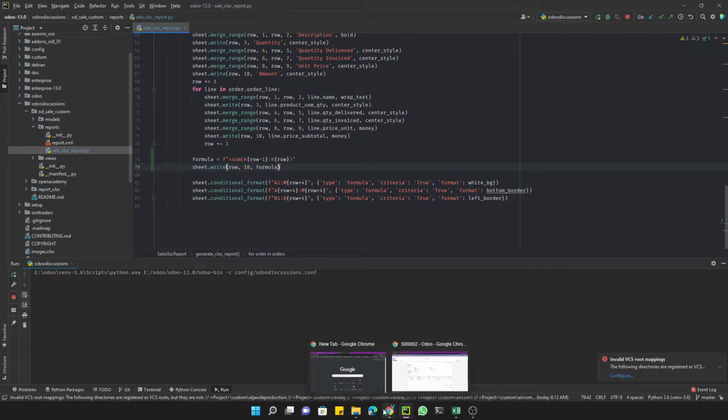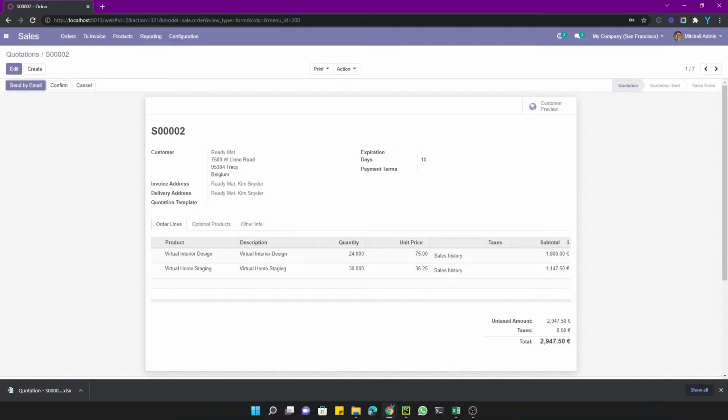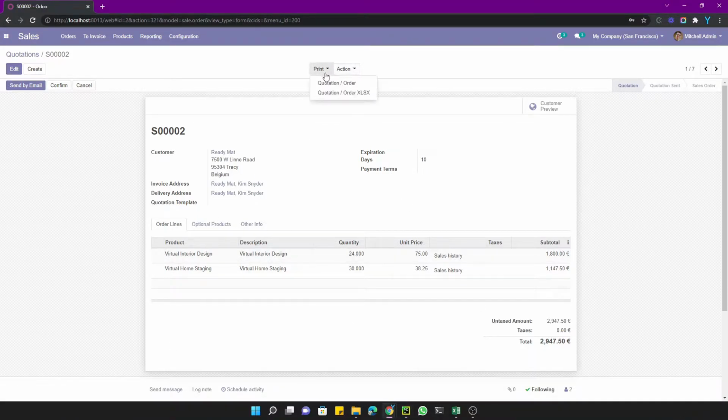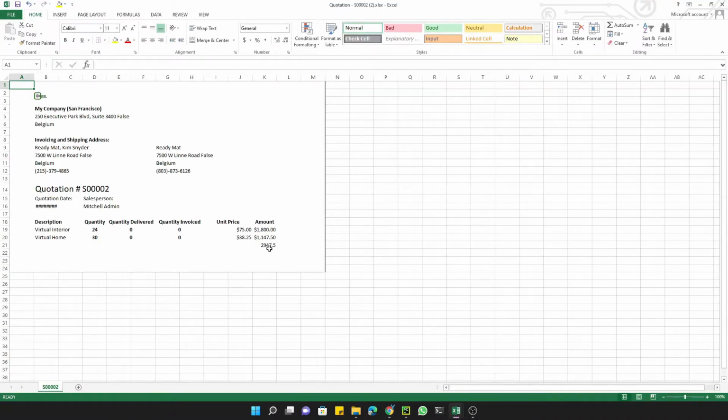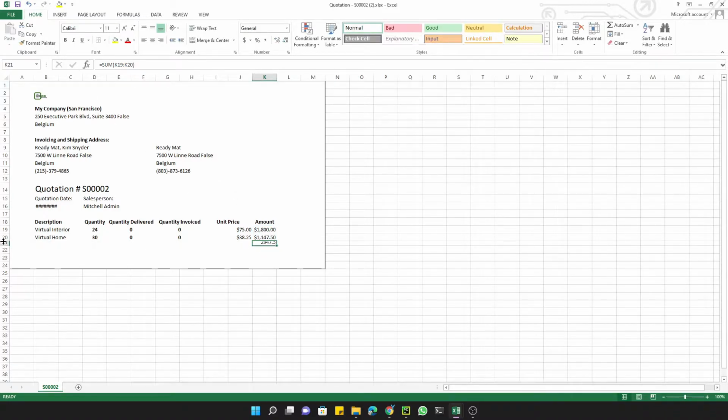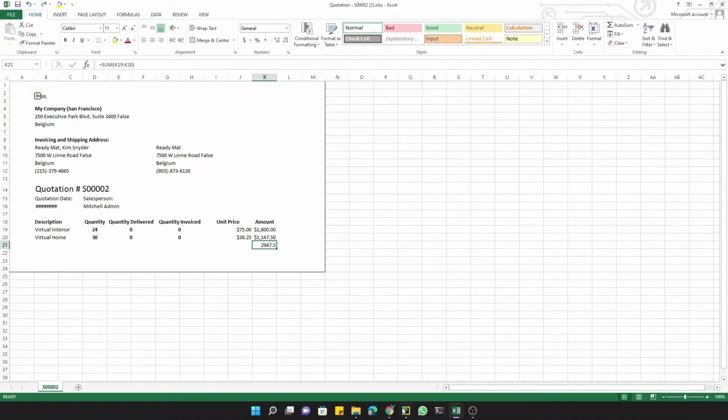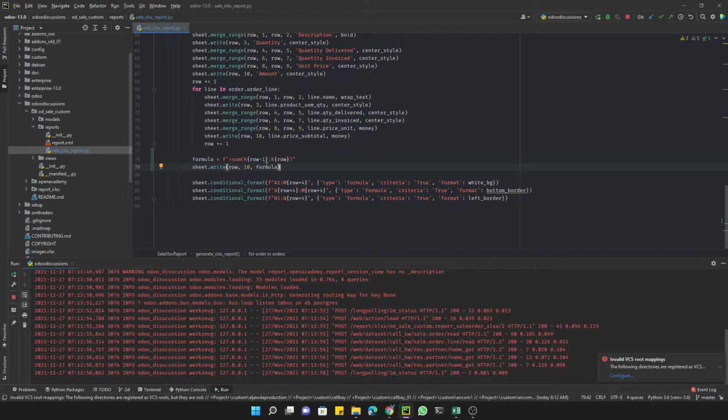and let me print the report again to see the change. Click this, and then let me open it, and here you can see the total has been added by using this formula. If I double click here, you can see the formula here, K19 to K20, so it is fine. And let me just add one more row to add it on the next row so that it looks better, and for this purpose I will make it like this,